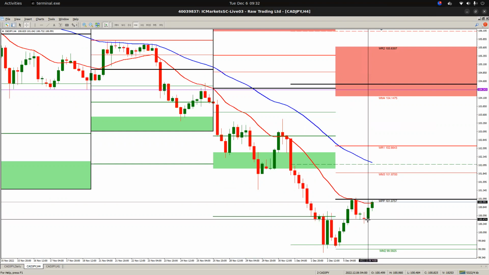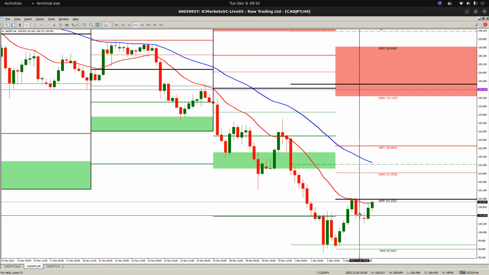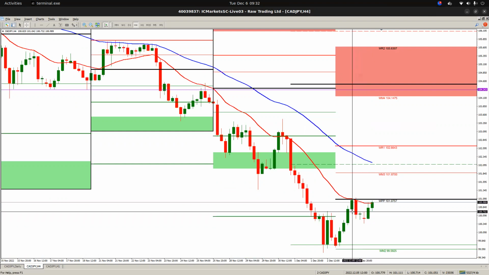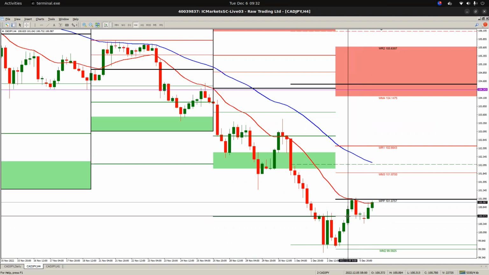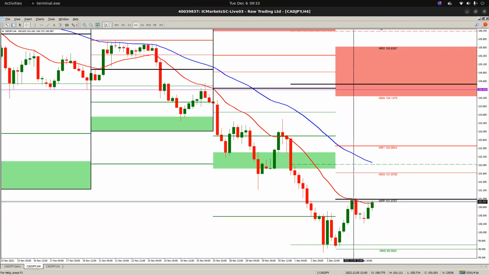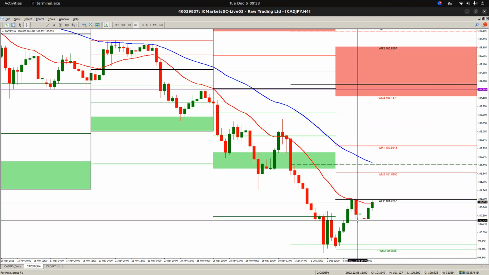The 4 o'clock candle didn't close at role reversal. The 8 o'clock candle didn't close at role reversal. There's a 12 o'clock candle. There's your 8 o'clock candles. The whole of yesterday, you're waiting for price to pull back down to support. Price pulled back down to support, but not on a bias candle. Now price is up here at top of the range. Okay, we're waiting for this to set up.